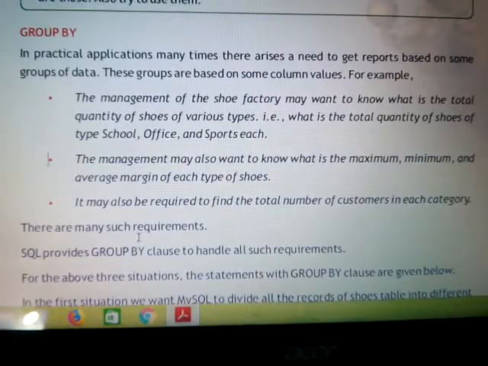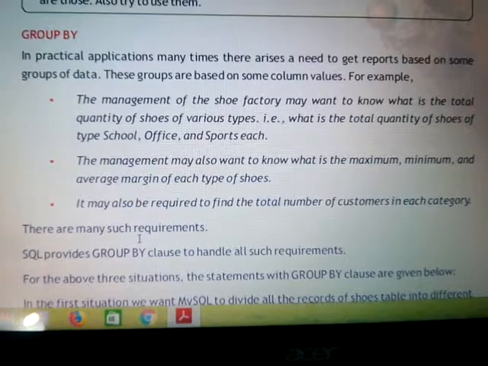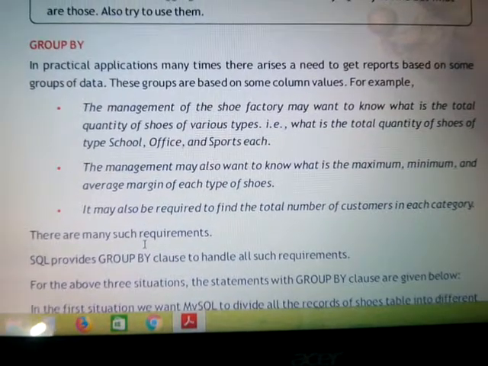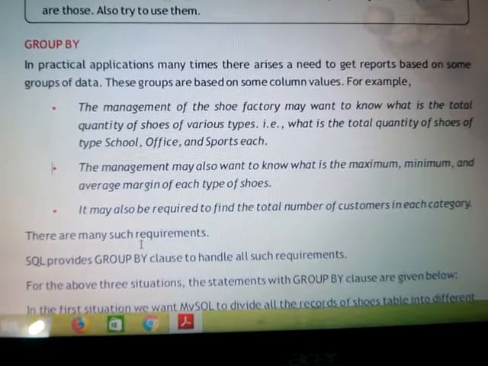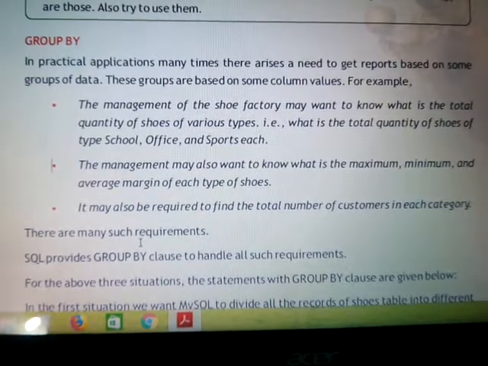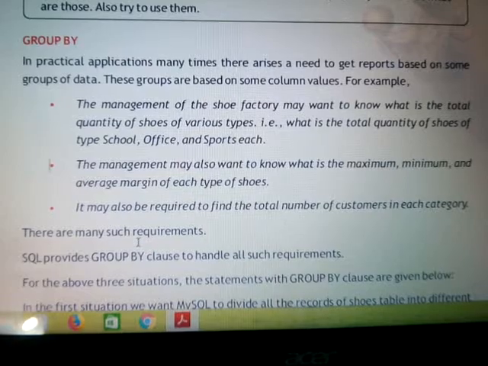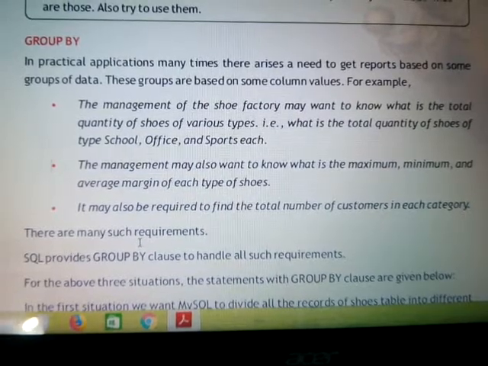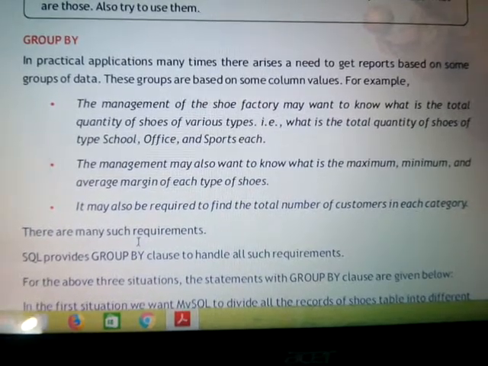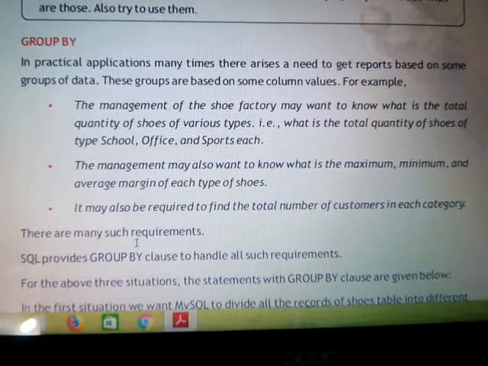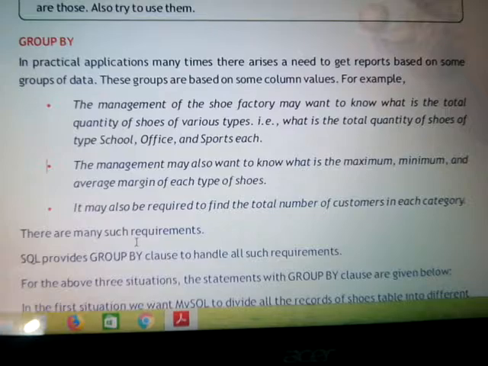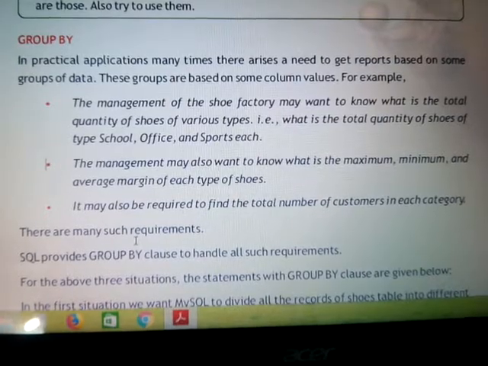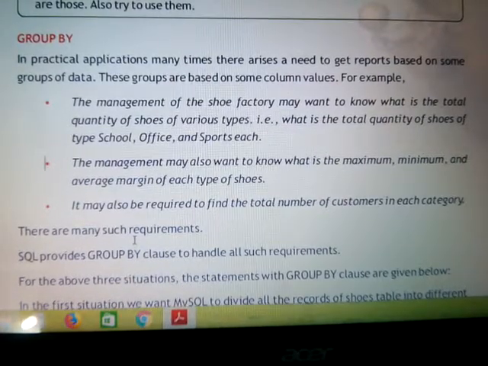Okay, today we are going to deal with the group by clause. Now let us see what the group by clause is. So group by clause is simply a clause which groups the rows that have similar values. Or we can say it summarizes the data from the database. Group by clause also reduces the number of rows, right?